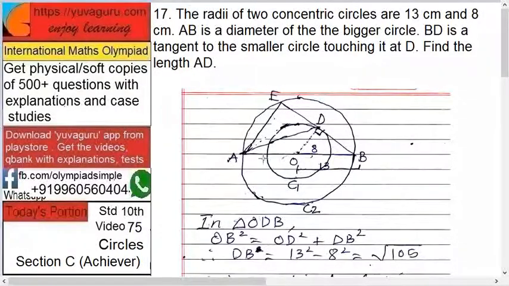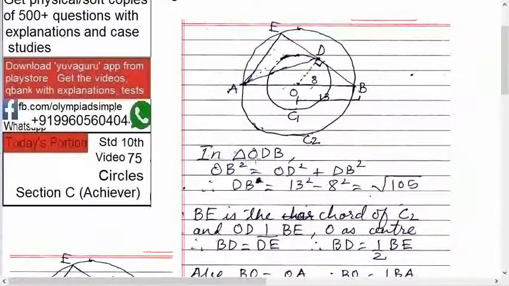Okay. See here, our target is AD. For AD you will have to use the Pythagoras theorem in triangle AED. For that you will have to prove this angle is 90 degrees. Okay. So let's start. In triangle ODB,